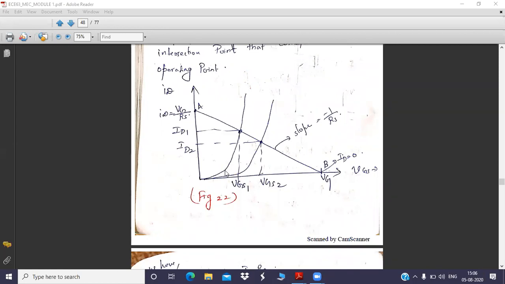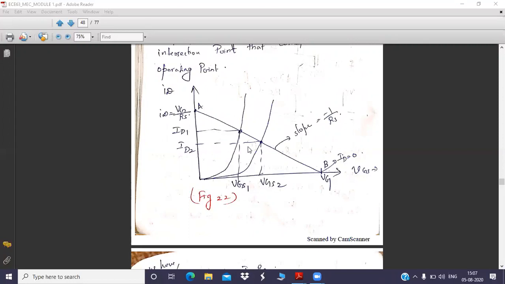Once you have these two graphs, why did you plot them? Because due to some device replacement or due to some aging, we are trying to calculate two different scenarios. Understood? We are trying to predict whether the Q point has shifted or whether the Q point is in the same place where we fixed it. So like that, we have to judge. For that only, we have taken two different graphs in two different scenarios.